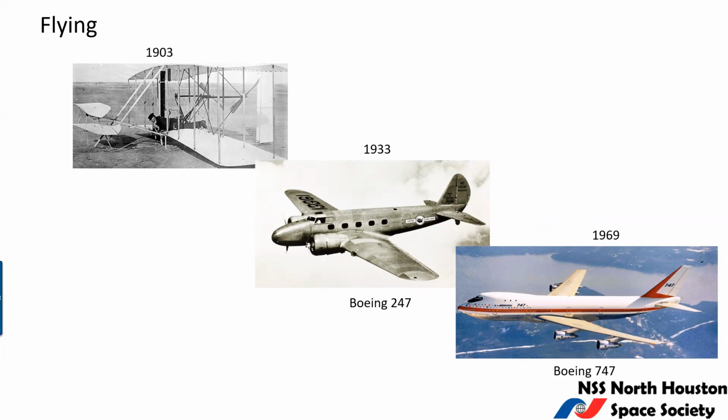I mean, the idea of the passenger being inside of the cabin, the engines mounted on the wings, the placement of the wings. Of course, they're different shapes, but it's probably a lot easier to imagine the Boeing 747 after seeing the Boeing 247 than it is to imagine the Boeing 247 after looking at the Wright brothers airplane.